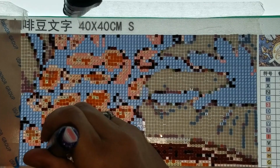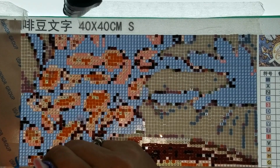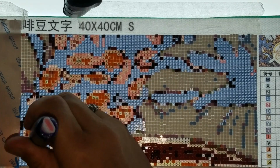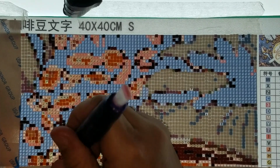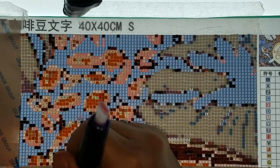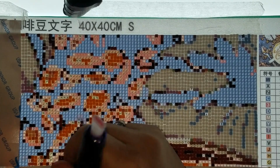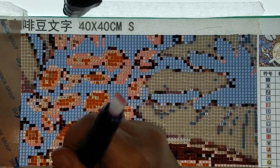Ghost drill in there. But yeah, I really like the big ones too because I know the details are better. The Native American that I got, that's a 50 by 70. I haven't done it yet, but you can just tell with the canvas alone that the details are going to be spectacular. So I can't wait for that one. I can't wait for any of them to get done. I know you probably get tired of hearing that, but